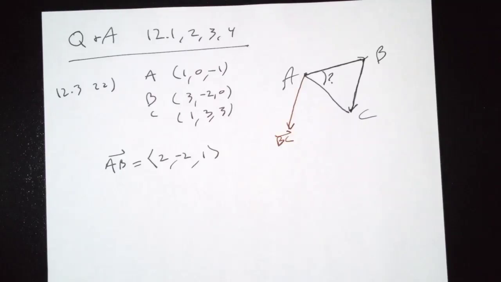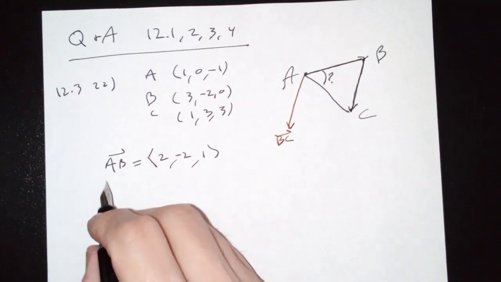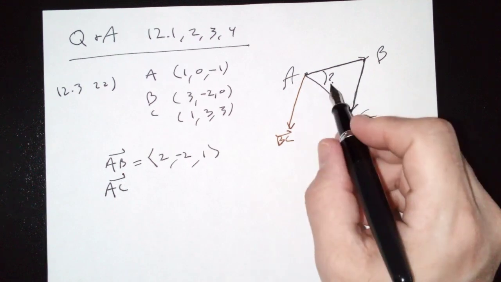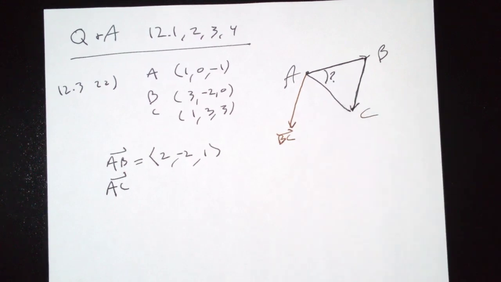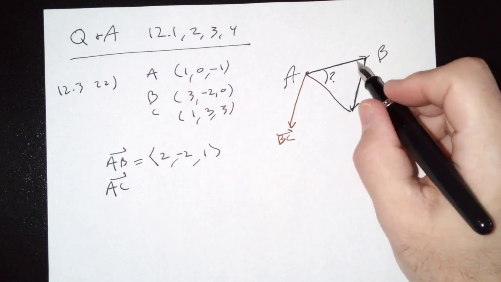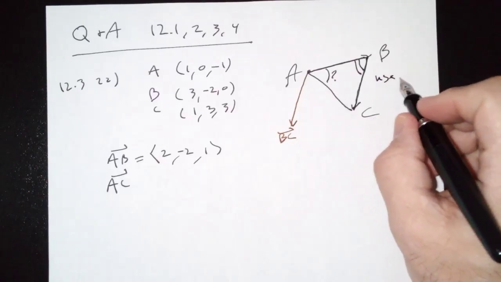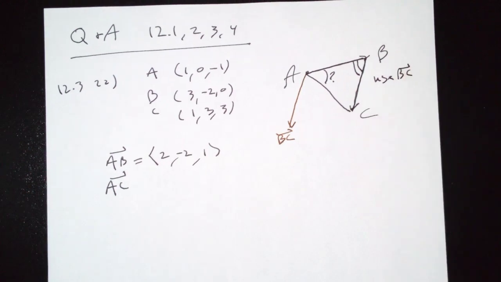Exactly. And that'll help me find this angle, right? But I'm going to need BC. I'm just not going to need it over there. I'm going to need BC to find the angle at B, right? So to find this angle, which I put 2 marks on so I could tell apart, I'm going to need to use BC and